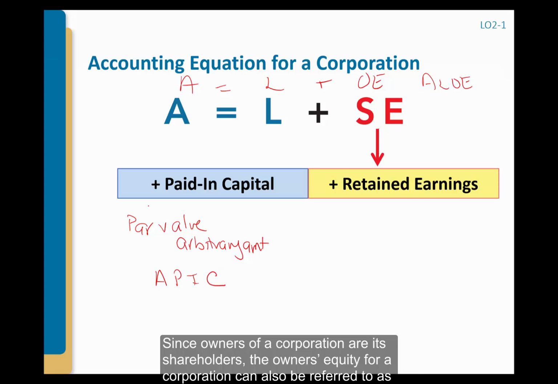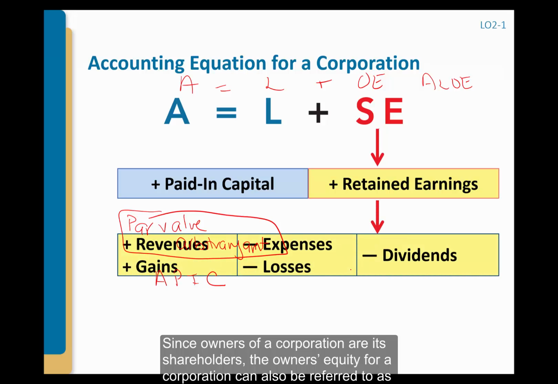So the par value is usually set in your stockholders' certificates or your articles of incorporation. Then the additional is your additional paid in capital. And then retained earnings is basically your revenues minus your expenses minus your dividends, and you would add your gains and your losses. So you would have revenues minus expenses